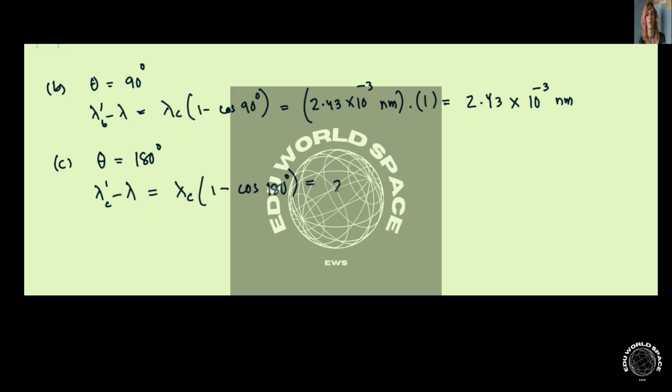Cosine 180 is minus 1, so this factor will basically be 2 here. And so it's equal to 4.86 times 10 to the power minus 3 nanometer. So yeah,